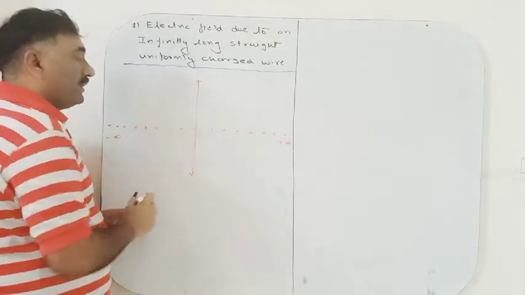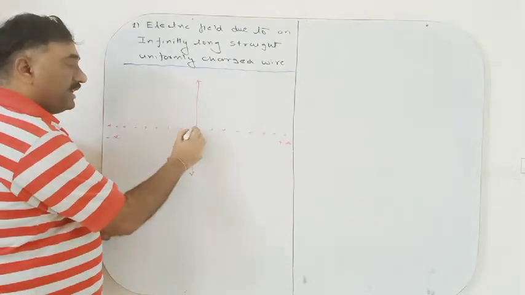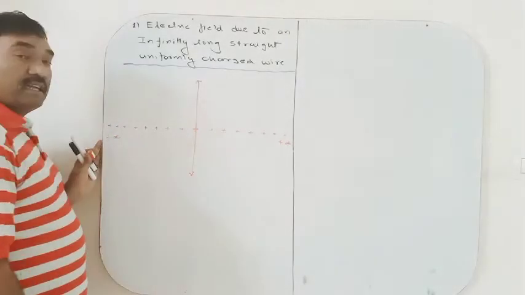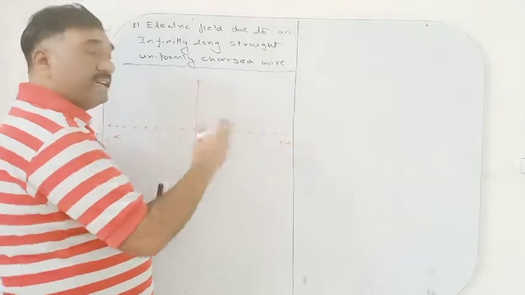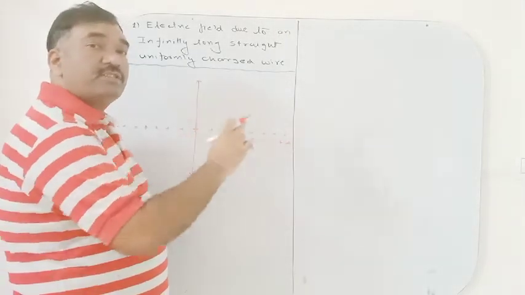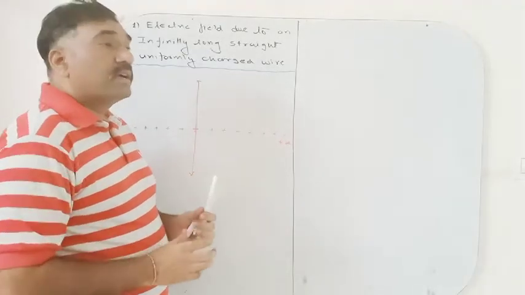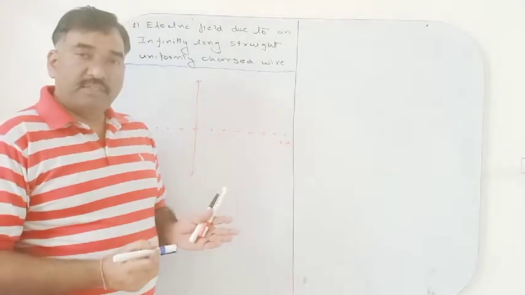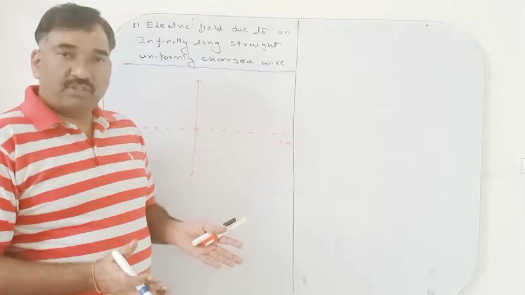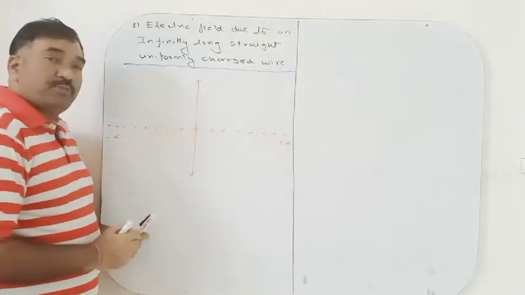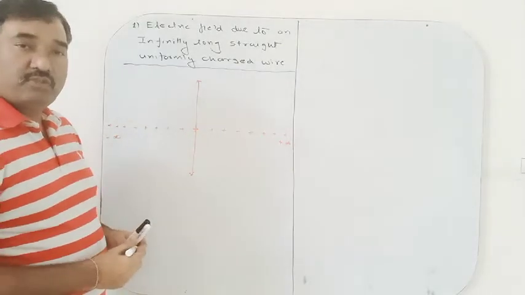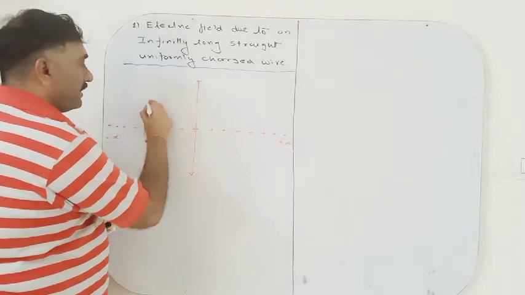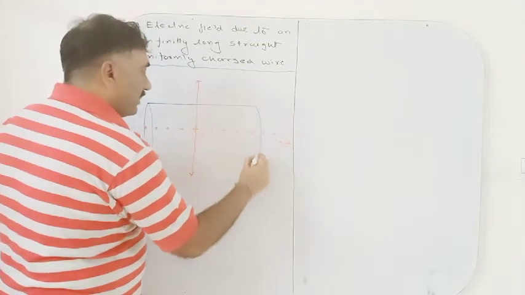Because the charge is positive, the electric field is radially outward. No electric field towards the right side or towards the left side. Why? Because towards the right and left we are having a linear distribution of charges. But according to Gauss law, we require an imaginary closed surface. That surface is known as the Gaussian surface. So around a linear distribution of charge, we take a cylindrical Gaussian surface.